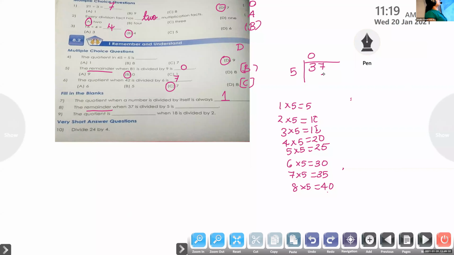No. We already got a greater dividend. So we can stop the multiplication table over here. And if the exact number is not coming, what do you have to do? We have to go for a less and nearest number. Here, which is the less and nearest? This is above 35 is there that we can take. So 35 divided by 5 is equal to how much? 7.